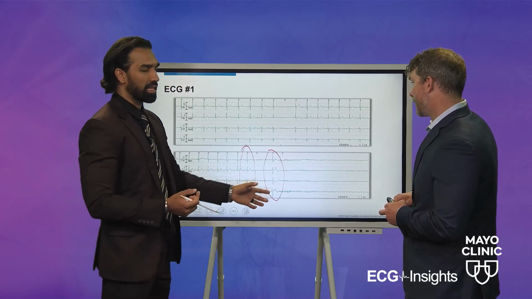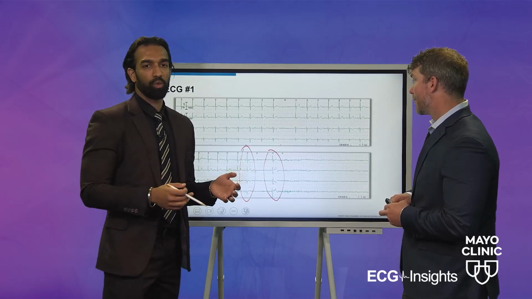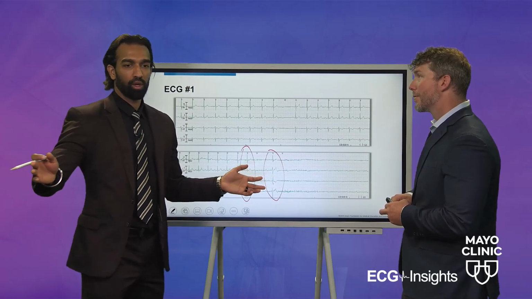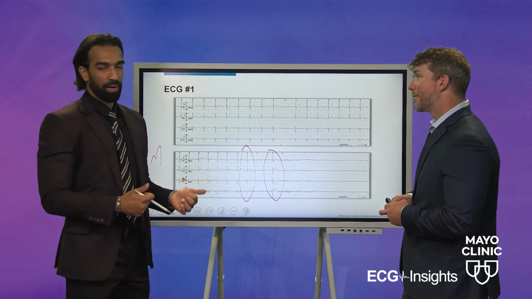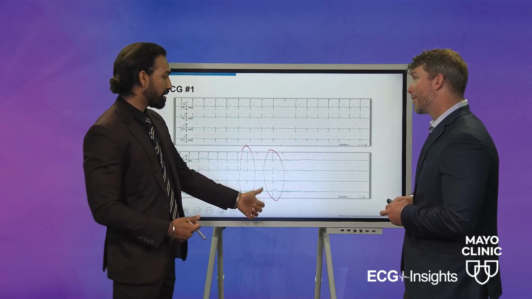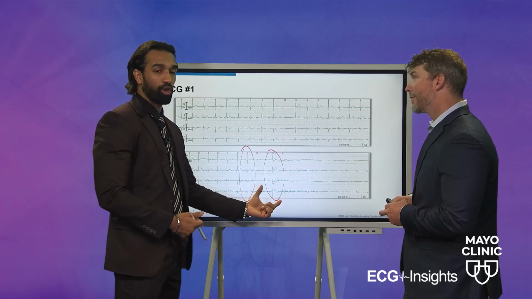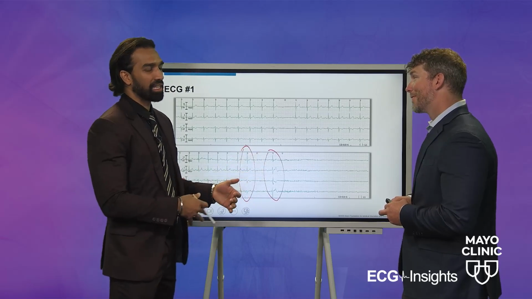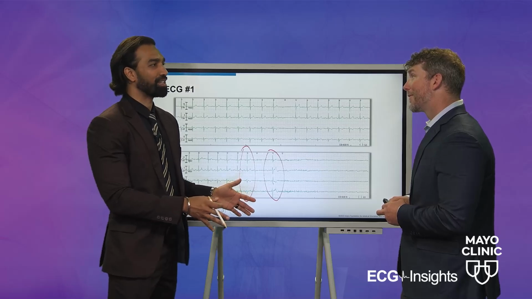So when we see something like this, where it's a different morphology QRS followed by a string of P waves not conducting, we call that paroxysmal AV block. And with the clue of a phase 4 block in the right bundle, meaning a longer delay causing a wider QRS, that is highly concerning, and this patient should be heading to the pacing lab pretty soon.